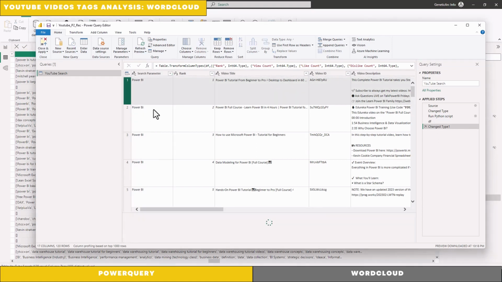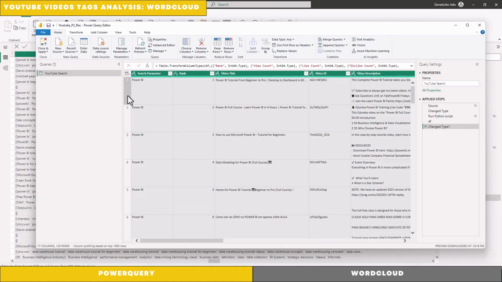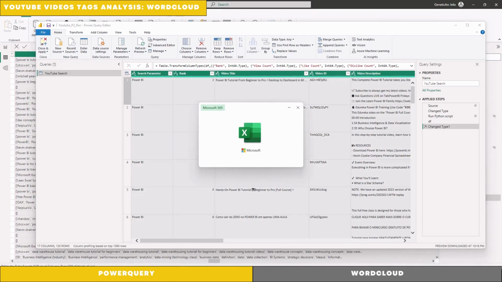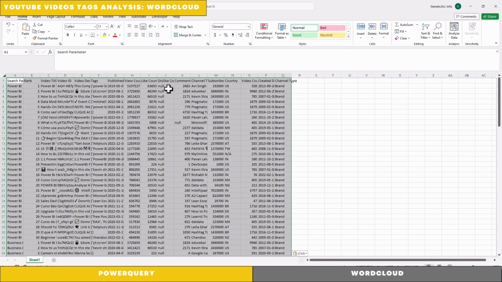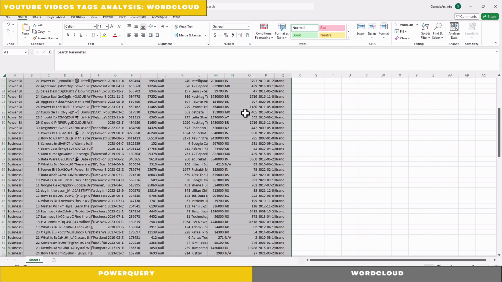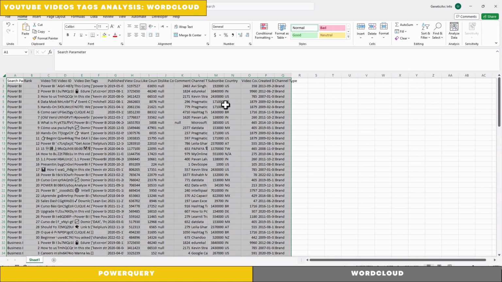To do this, we'll just select all the fields here, Ctrl A, and copy them, Ctrl C, and create a CSV file and paste the values there. So we have all the data here now. So we'll use this CSV file and import it to the Power Query and do all the transformation on this table as a temporary step, then we'll remove it later.